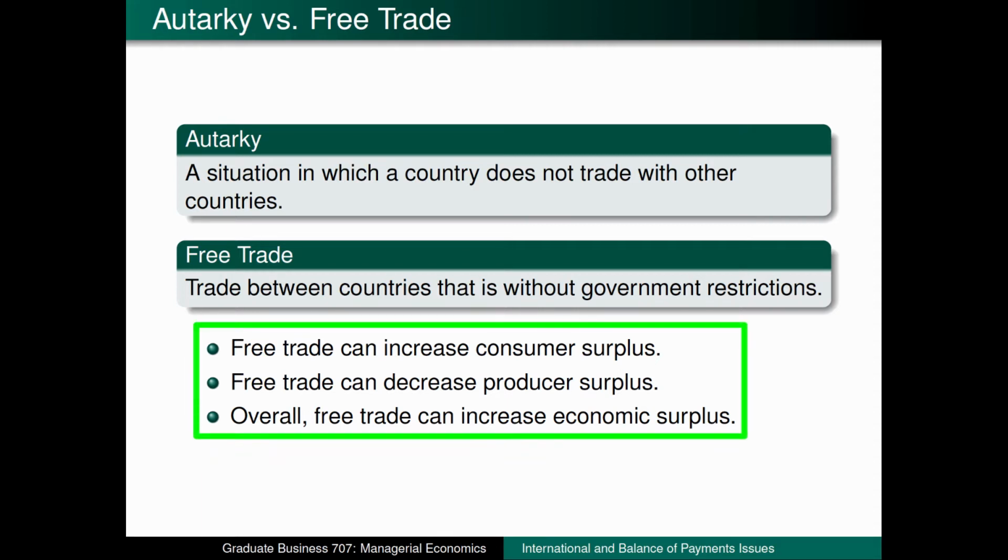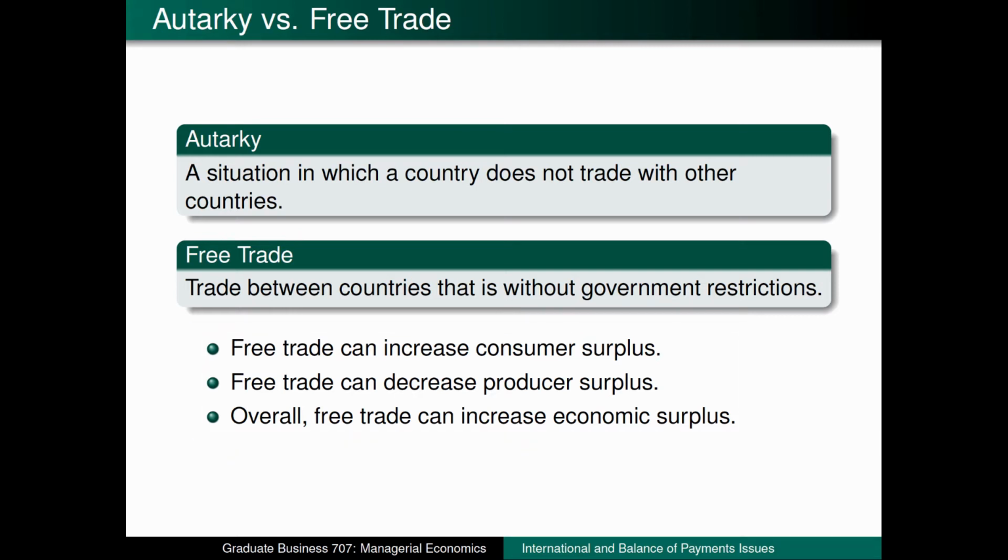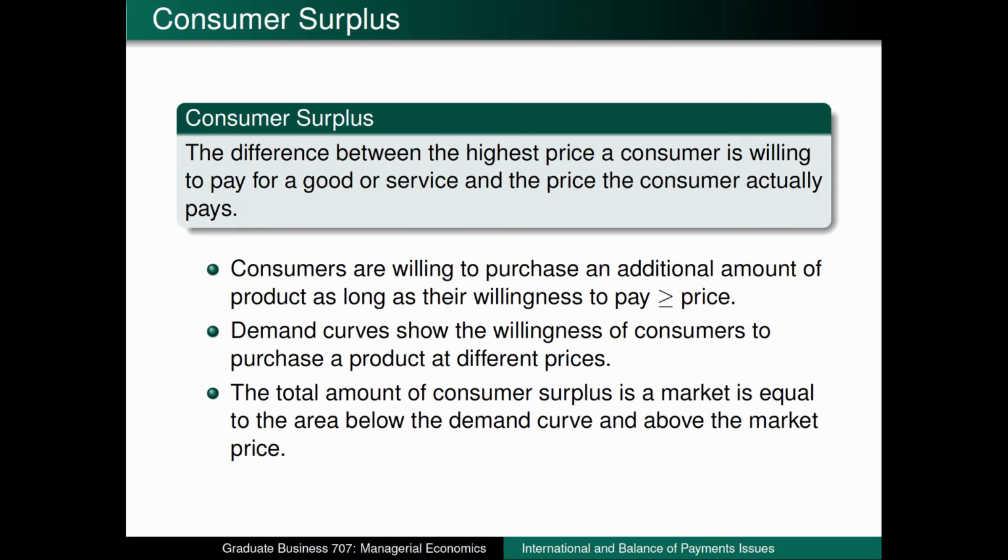So the punchline of this video is that consumers benefit from free trade, but domestic companies can suffer from free trade agreements. However, the economy is better off overall with free trade. So let's first talk about how economists determine whether consumers, producers, and the overall economy wins or loses from this type of policy. In general, consumer surplus is an economic measure of how happy consumers are. One thing that we will say is that the higher the consumer surplus, the happier consumers are.